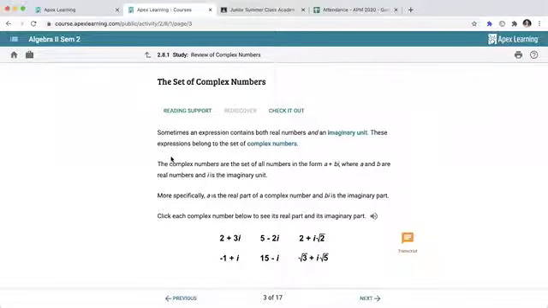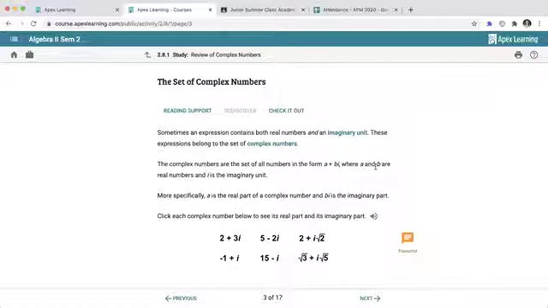Now, sometimes expressions can have both imaginary units and real numbers, and this is what we call our complex number. We call our complex number this entire thing here. So it's got the real part and it's got the imaginary part, imaginary being the I. So real, imaginary, real, imaginary. Complex numbers are usually in this form A plus or minus BI, where A and B are both real numbers,